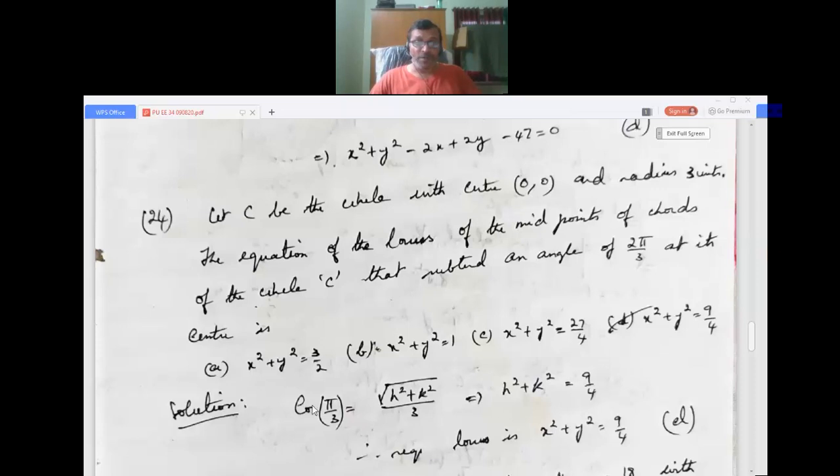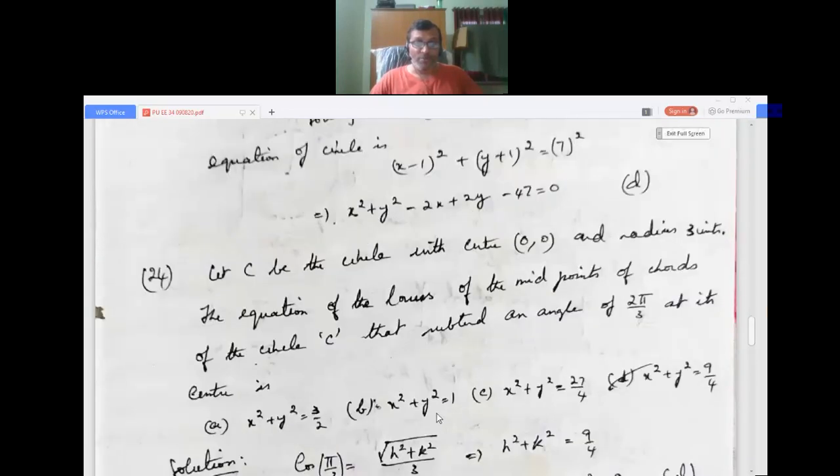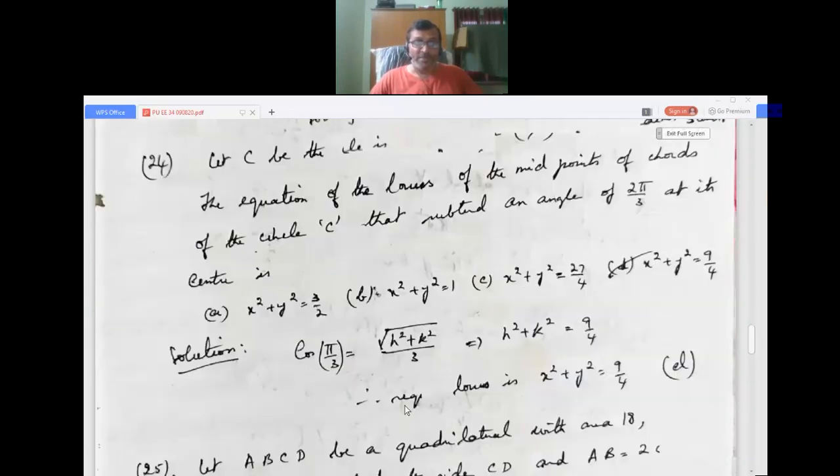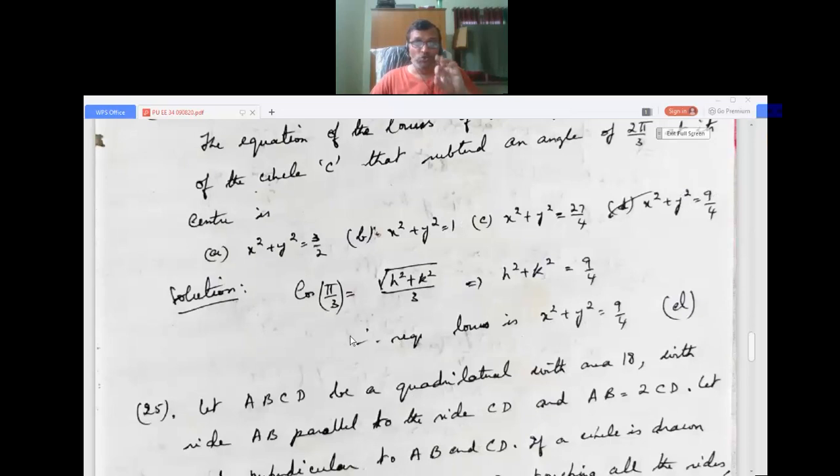Okay. Now, actually you can see here, there is a formula here. If we take cos 2 pi by 3, 2 pi by 3 means 2 into 60, 120. So 2 into 90, 180 minus 60. So it will be cos 60. Okay, cos 60. So cos of all that. So I hope you understood. Cos 2 pi by 3 is cos pi by 3.